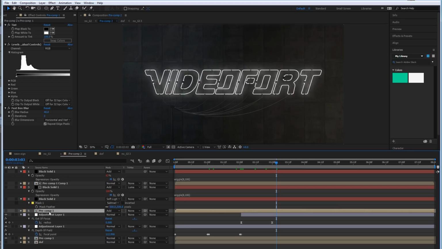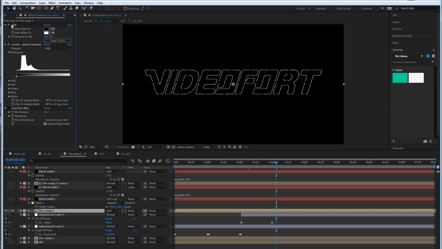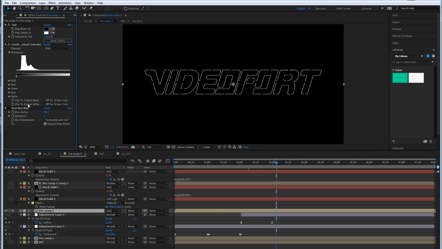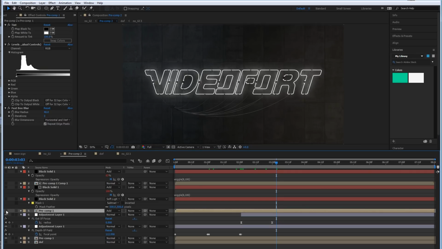On top of this, I pre-comped my render again, and let me isolate this so you can see what's going on. It's the render with a tint to make it totally black and white, and a levels adjustment to isolate just the brightest parts, and then a blur. And then I just add this on top of the layer, and this creates this subtle glow effect. You could just use the standard glow, but I sometimes like to do it this way.